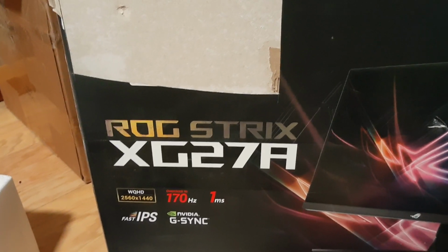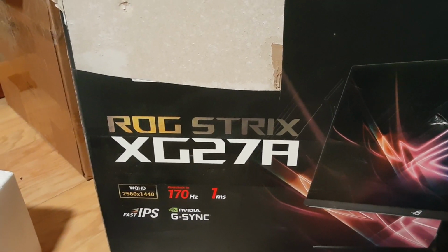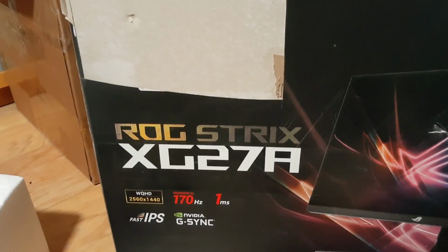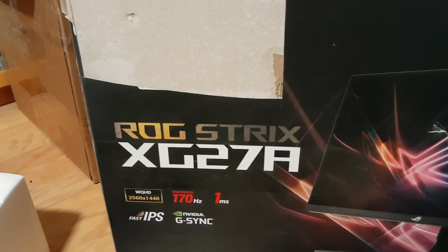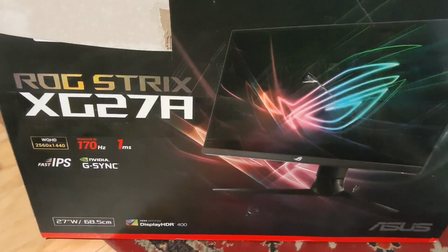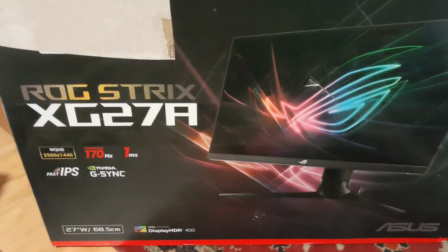Alright, so I'm recording this video and hope it'll be useful for others. So I've got a ROG Strix XG27A monitor, and I wanted to use it with a VESA mount. There's very little documentation of how I'm supposed to do that, but to remove the standard mount on that. So, after looking around a bit, found out with this particular model,